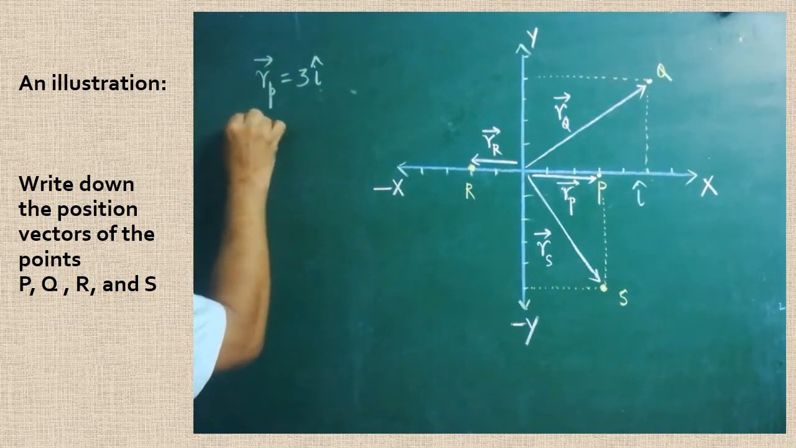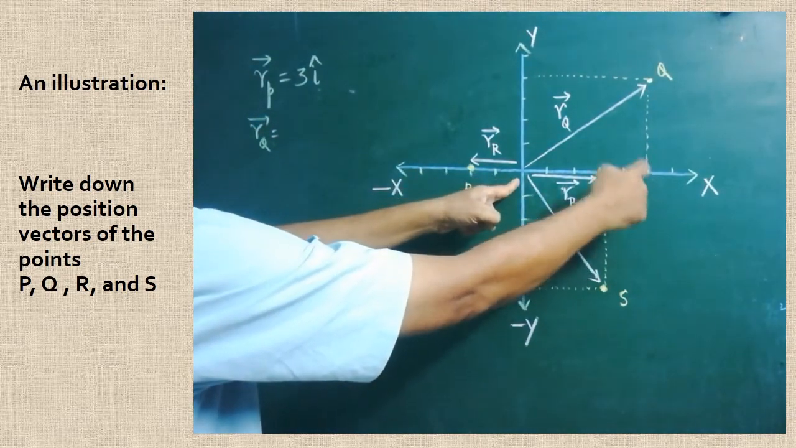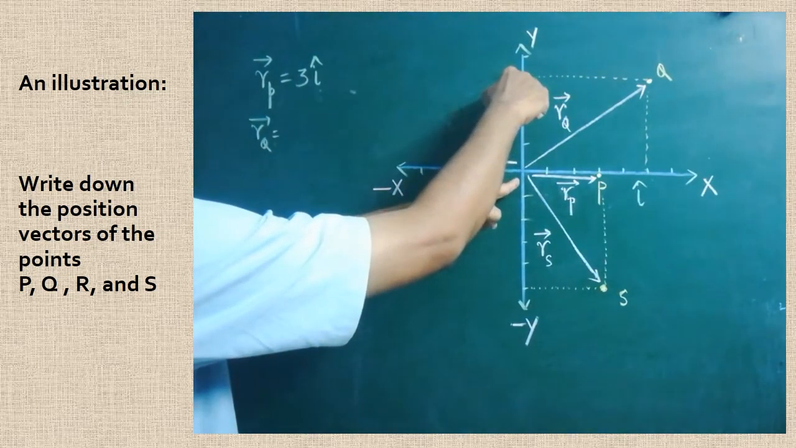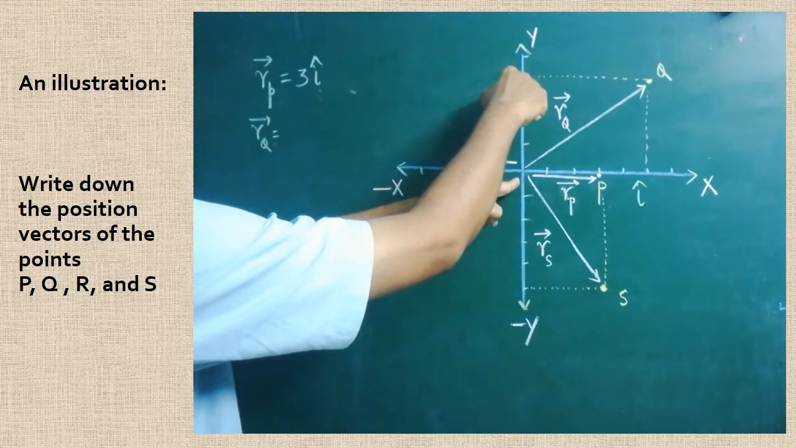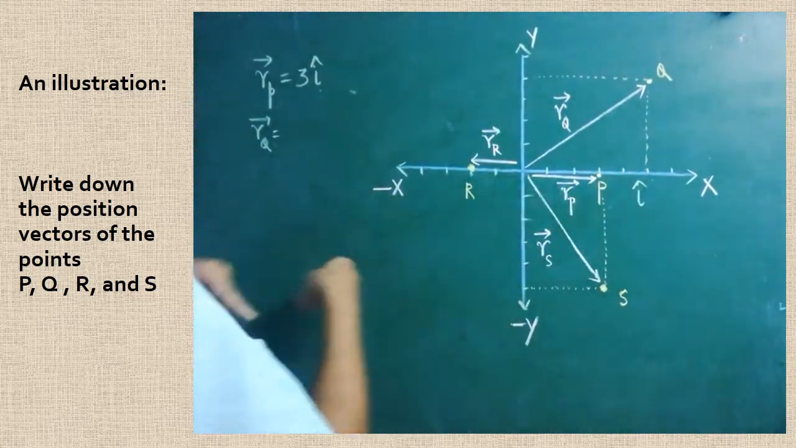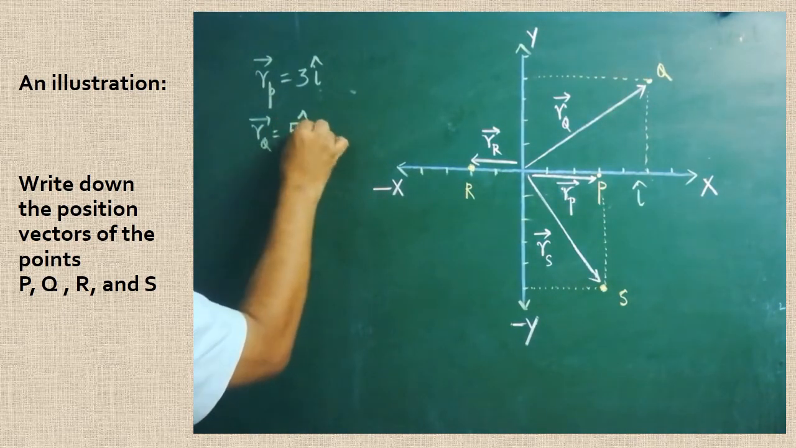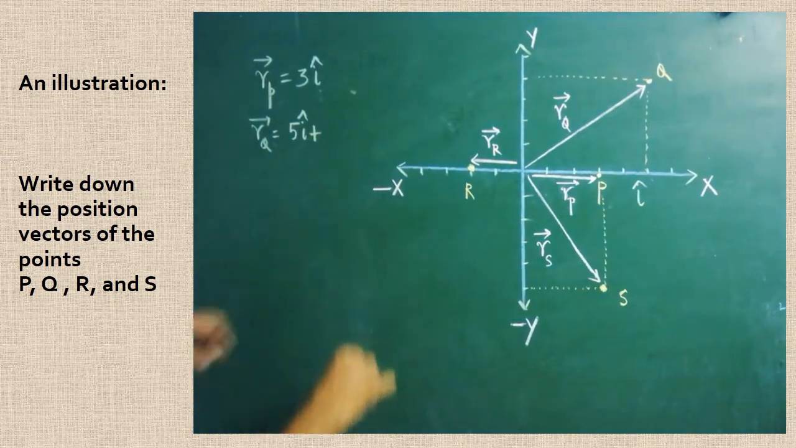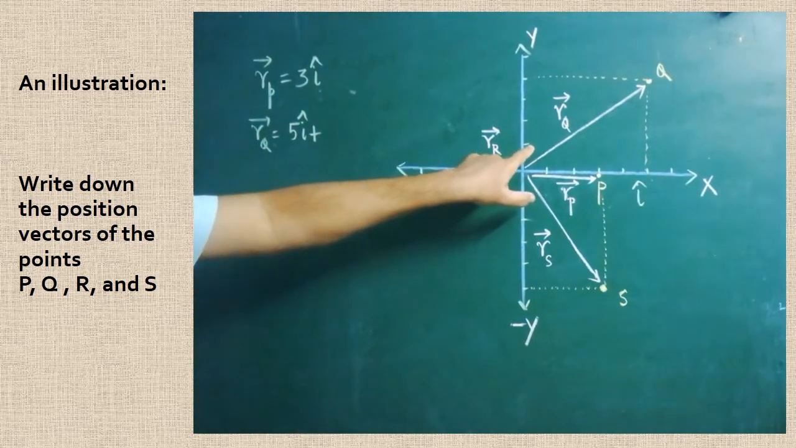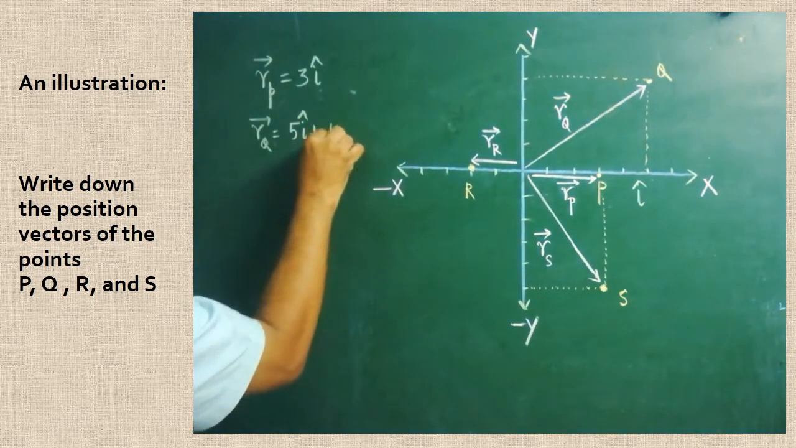Rq. Are you clear? So, here this distance also must be taken into account, and the distance from the origin along the y axis also must be taken into the consideration. So, 1, 2, 3, 4, 5. At 5th unit, that point Q is located. Therefore, 5i cap plus, and then count the units in the y-axis also, 1, 2, 3, 4, plus 4j